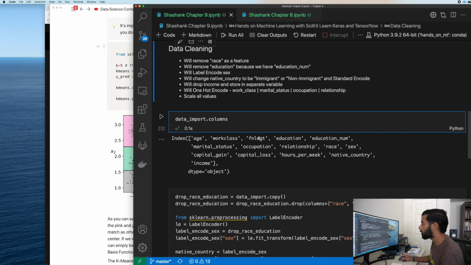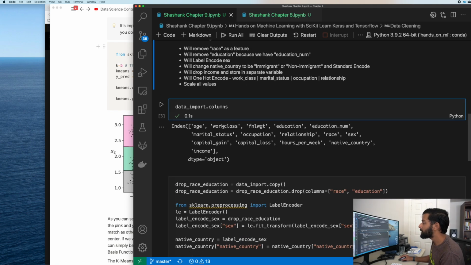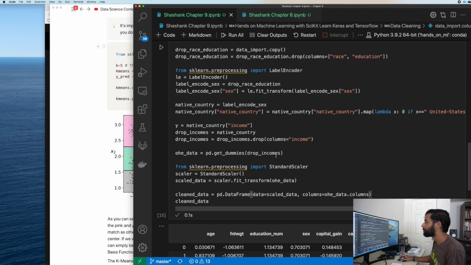So data import columns, just to get an idea what the columns were. The reason I did this was actually initially the data had a space in before every column name. So I was getting a key error where when I tried to refer to a column, it would tell me, oh, there's no column called age. There's a column called space age, but not a column called age. So doing this was a good way to troubleshoot that error. And then I just went back into the base data and removed all the spaces. I was thinking about adding the spaces in the code and it just seemed really messy, so I just removed them in the base data.